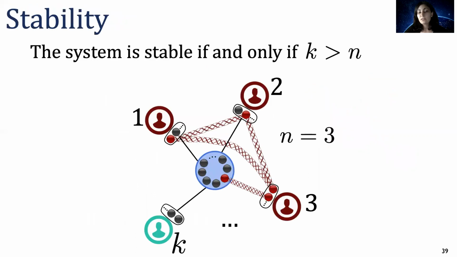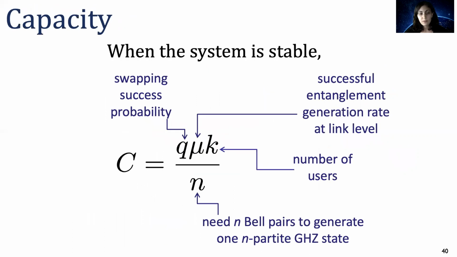We proved that the system is stable if and only if k is greater than n. In this example, the number of users k is larger than n, which is 3, and therefore the system would be stable. When the system is stable, the capacity of the switch is given by this expression where Q is the swapping success probability, mu is the successful rate of entanglement generation at the link level, and k is the number of users. Intuitively, the product of these values is being divided by n because we need n bell pairs to generate